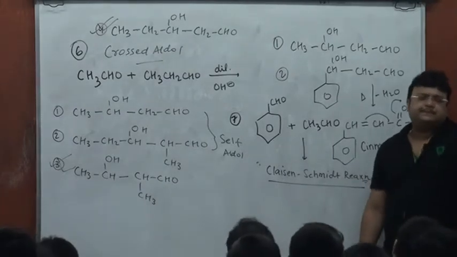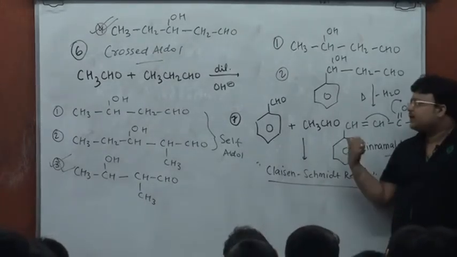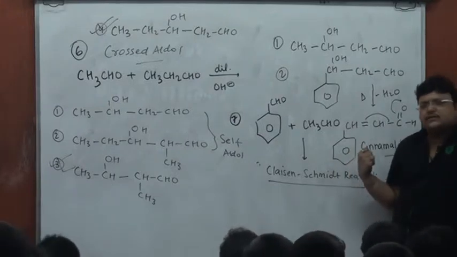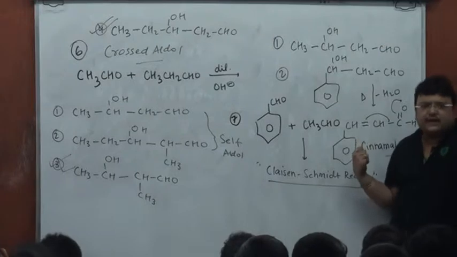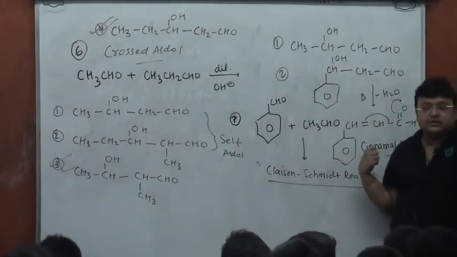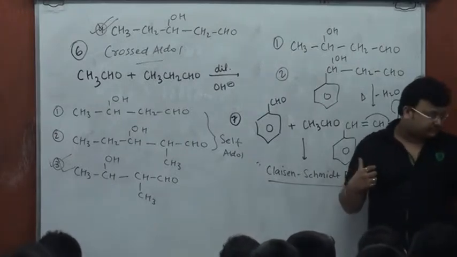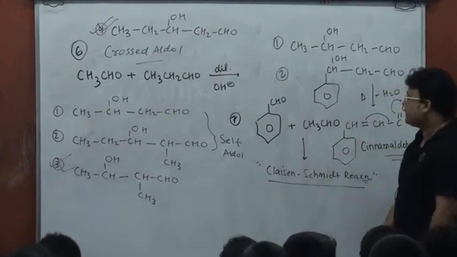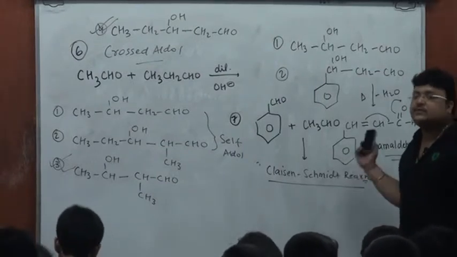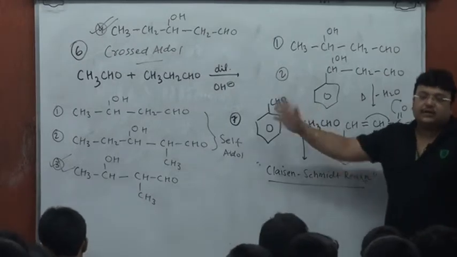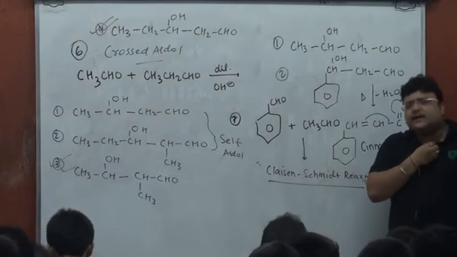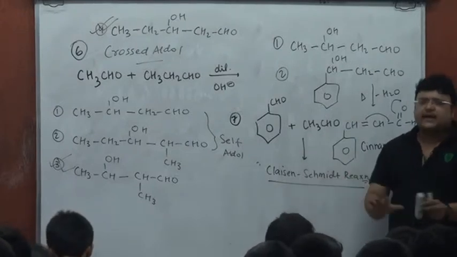Now moving on. Out here it's only 2 products. And you understand that I'm essentially carrying out this crossed aldol, which I call Claisen-Schmidt now, with an objective to get cinnamaldehyde, the crossed aldol product. Now tell me, although the crossed aldol will be produced more than the self aldol, still you realize in both the reactions we will end up with a mixture of products, and we understand that for synthetic requirements we will be carrying out crossed aldol.